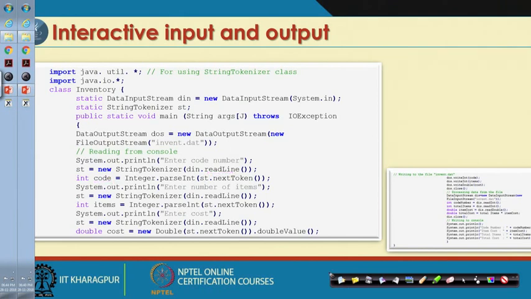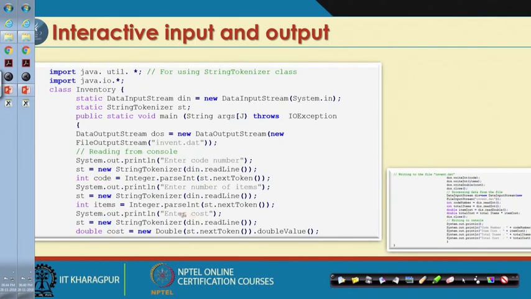Again, enter number of items. Another input from the keyboard is stored in S2, and then again st.nextToken reads this token, converts it into an integer and stores it in items. So here we can see that code and items are read from the keyboard.